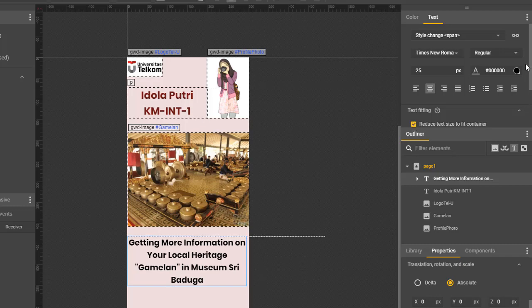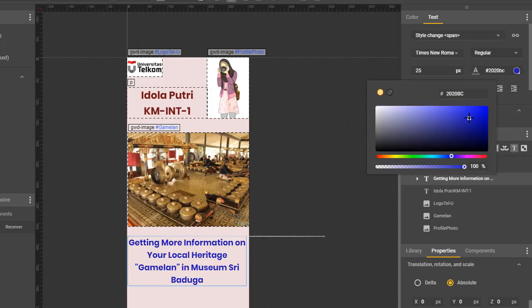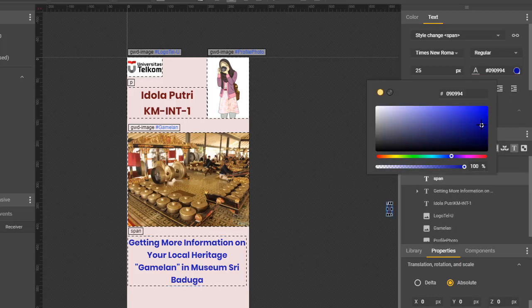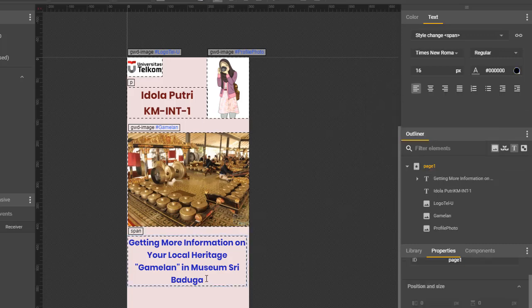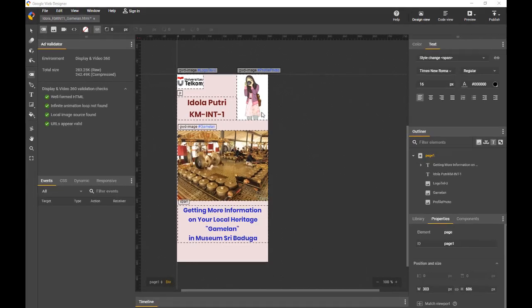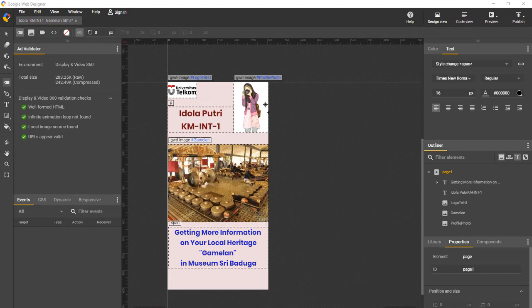Okay, the color is not yet changing, so let me make it darker. Here we go. So you have a logo, your profile picture, your text for your name and class, and text for your title.